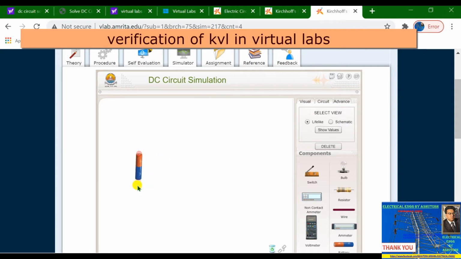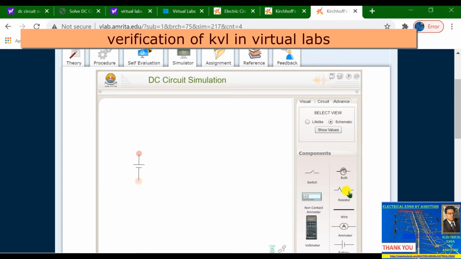Also, this is the visual circuit, and when you select circuit schematic, it will appear like this, DC voltage source. And in view select, when you select lifelike, it is like the visual circuit, and when you select schematic, then it will appear like this.